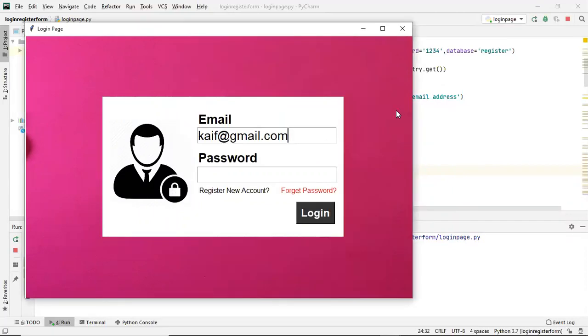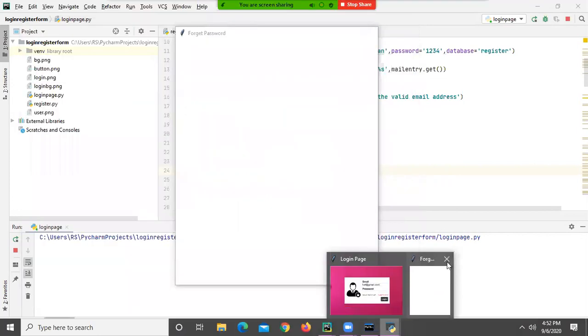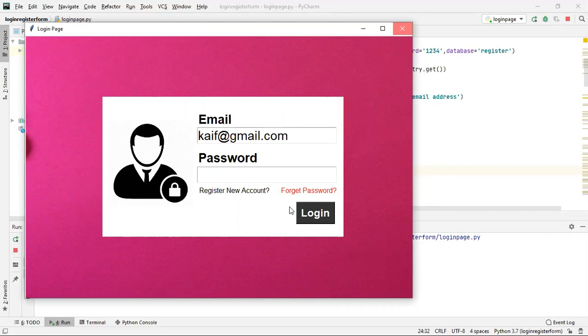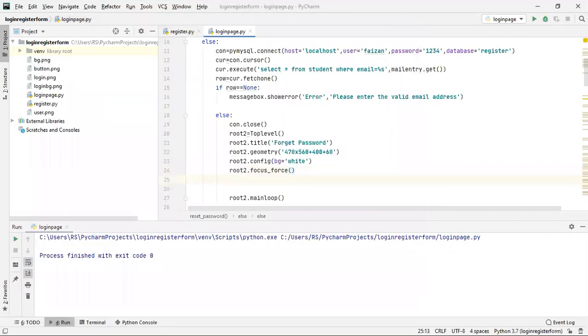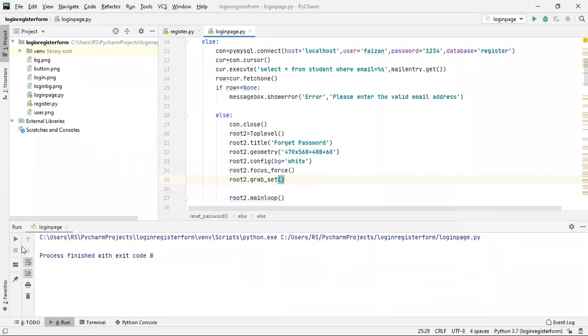Now it's fine, right? Next, when I click at any other place, this window is getting minimized, and I don't want that. So for that I'll set a grab, I'll simply grab it. I'll write root2.grab_set(). This grab_set will not allow this window to be minimized whenever I click anywhere else.